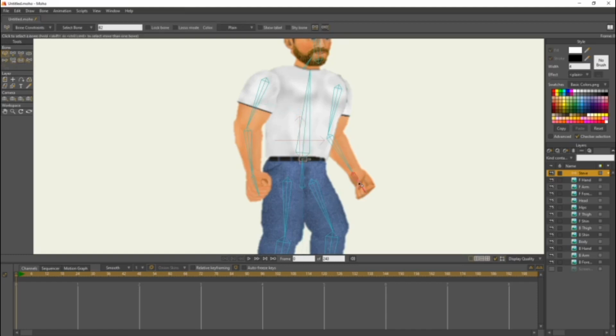And we're going to do the same for the other arm. So go to the back hand, back forearm, click on the back forearm and select bone, reparent that to the front upper arm, the back upper arm, select the back upper arm, reparent it to the body.